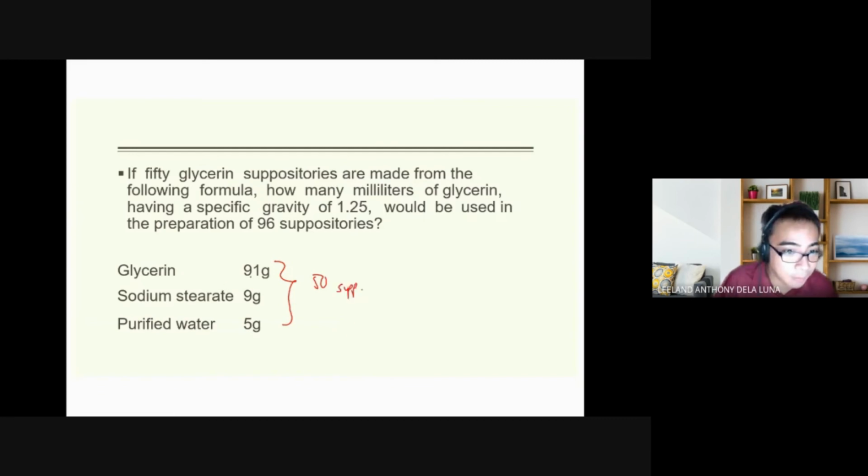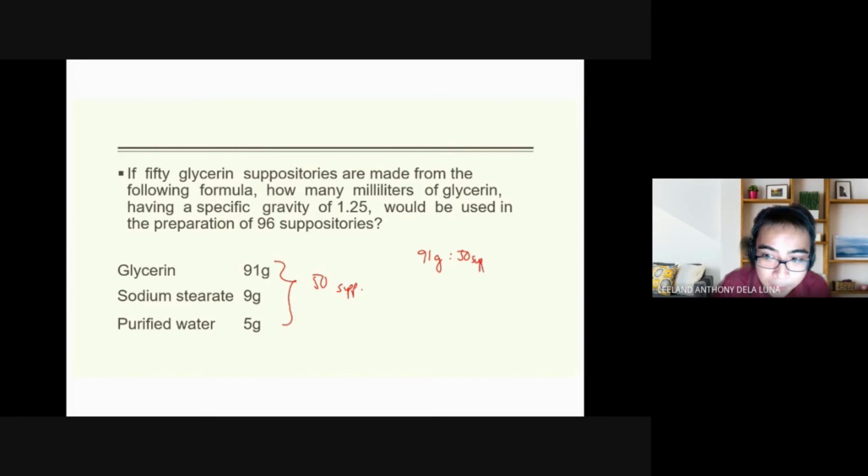Okay, meaning 91 grams of glycerin, 9 grams of sodium stearate, plus 5 grams of purified water will be able to make 50 suppositories. Ang question dito, class, is how much daw in ml of glycerin is needed to make 96 suppositories? So basically, class, ang aking proportionality here would simply be 91 grams of glycerin is to